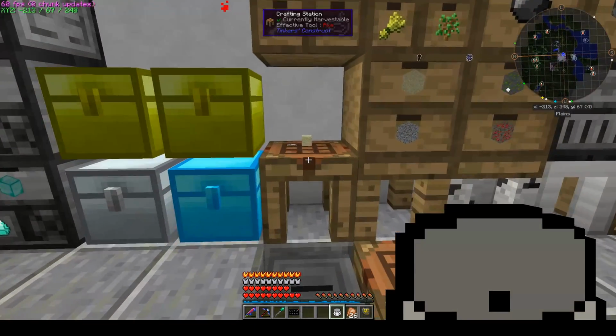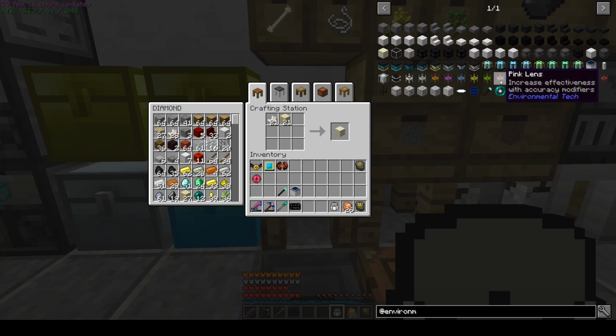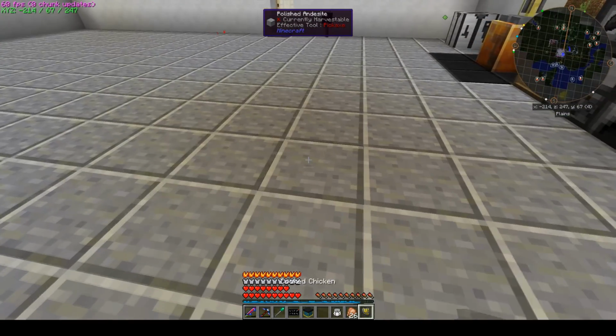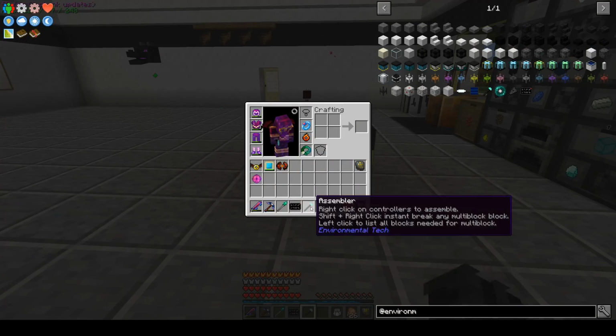So that is because we want to create the first tier of, where is it? Oh yeah, this guy right here, this solar panel controller. Okay, so that takes 4 lapis, 4 gold block, and this 1 solar cell. So I should have everything to make that. If I were to place that down, all right, and I use my wand on it,